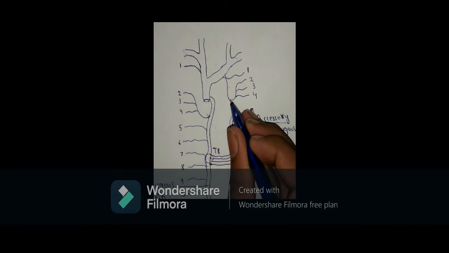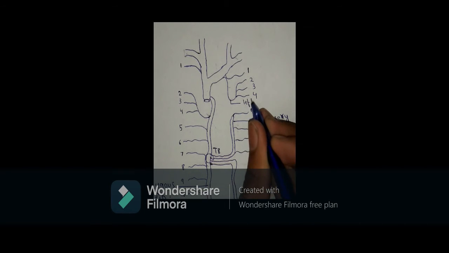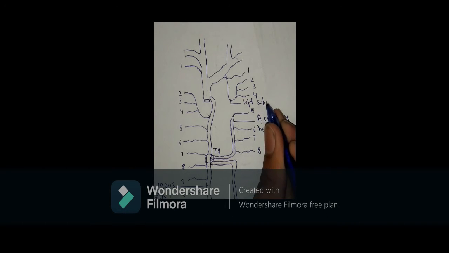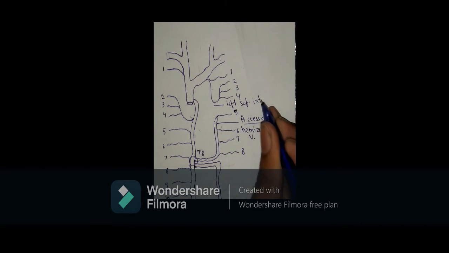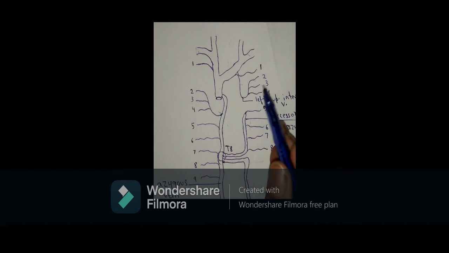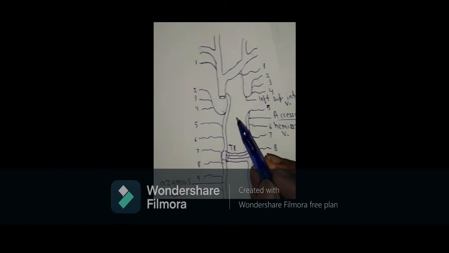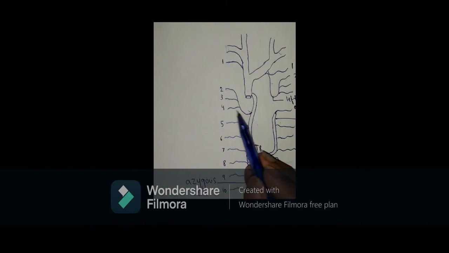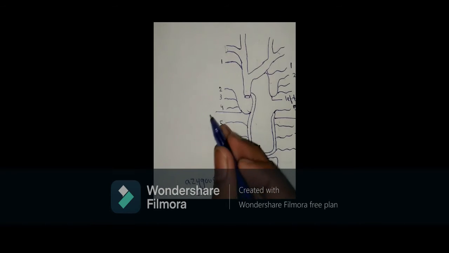So this left superior intercostal vein will give the second, third, and fourth posterior intercostal branches on the left side, and the right superior intercostal vein,